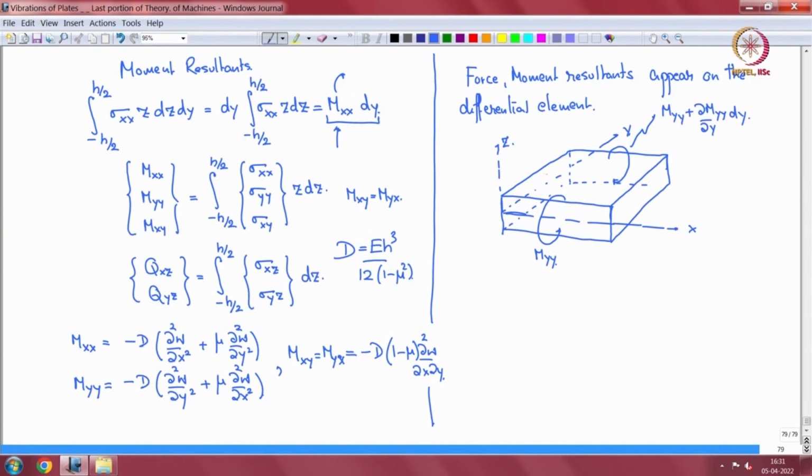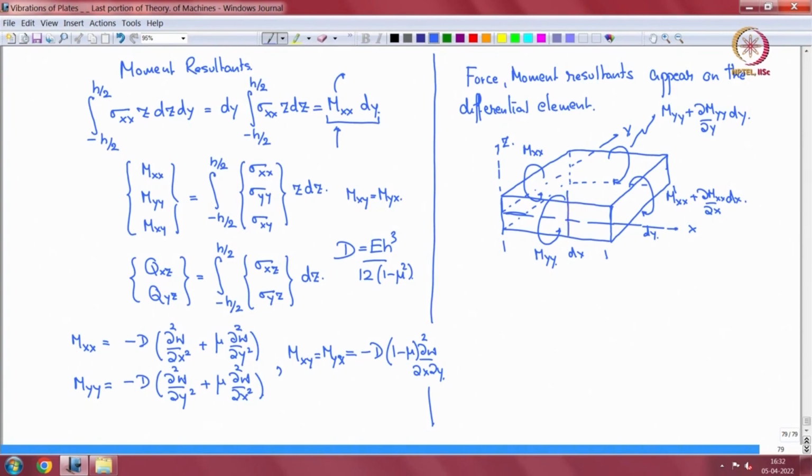Then on the X we have MXX, and on the positive side MXX plus del MXX by del X dx. Okay, so this is dx and that is dy, let's say. Okay, now what else? We have